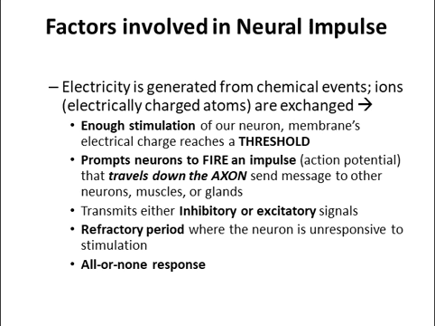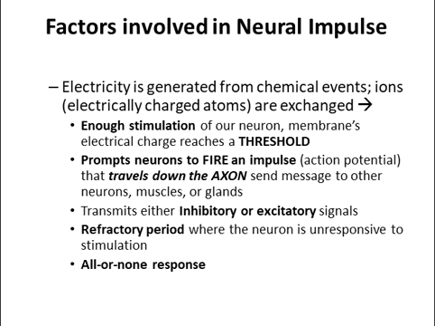Now, the factors involved in this neural impulse. This electricity is generated from chemical events. As was communicated in the videos that you hopefully watched and took notes on, we have these ions, these charged particles, that when there's enough stimulation, there's going to be an exchange of these ions. So with enough stimulation of our neuron, the membrane's electrical charge reaches a threshold, which then will prompt the